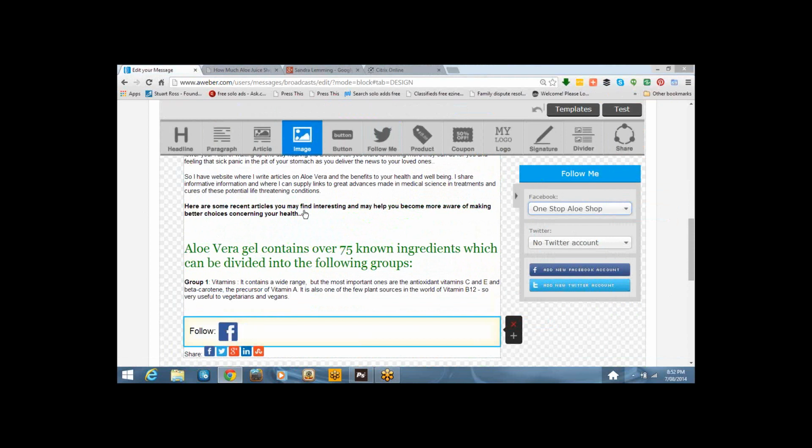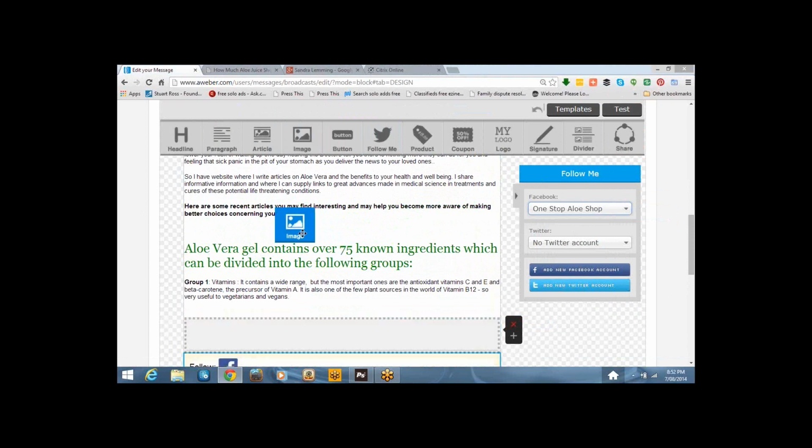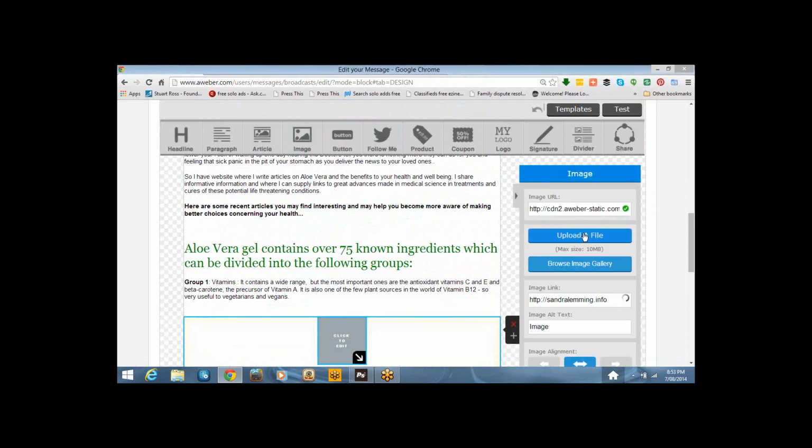I want to add an image somewhere in here, so I'll put it just below the article, and I'll upload an image.